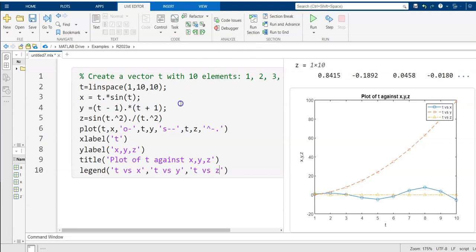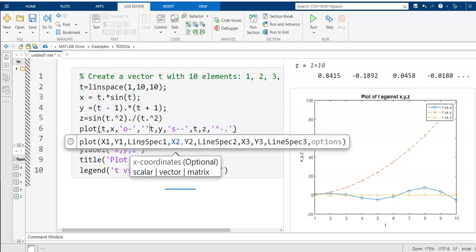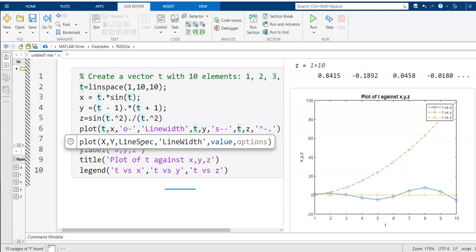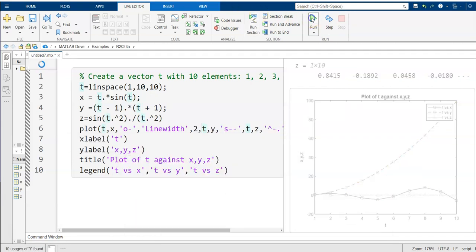So now if I want to increase the line width, we can also do that. For that we have to put here LineWidth. Again a single inverted comma, LineWidth with capital L and W, and then you have to put a comma, and then what is the line width, suppose 2. If we do that and run, you can see,